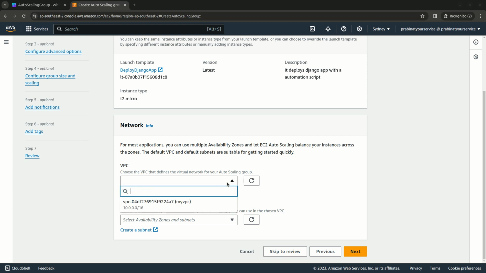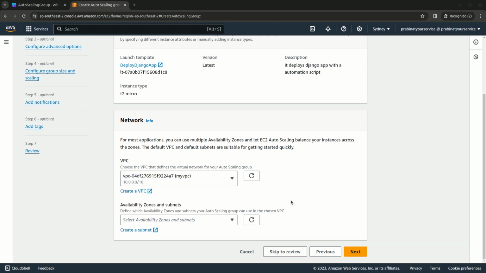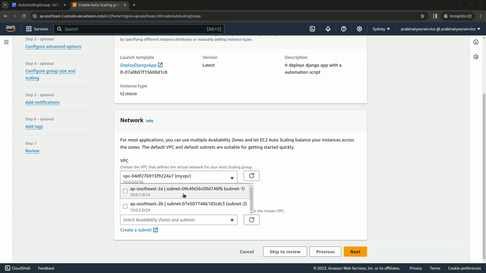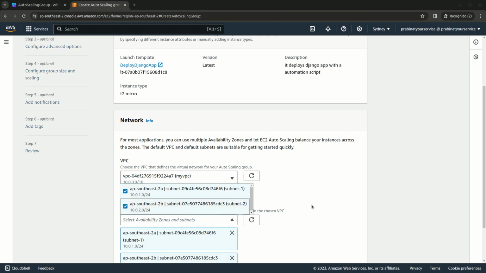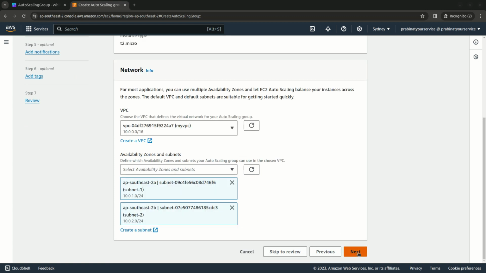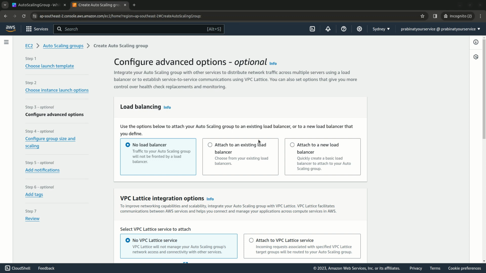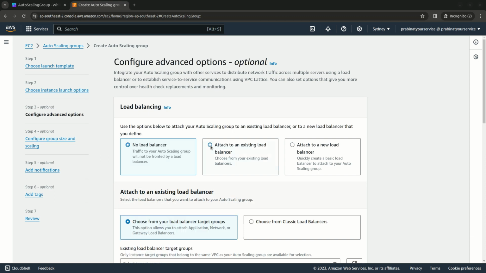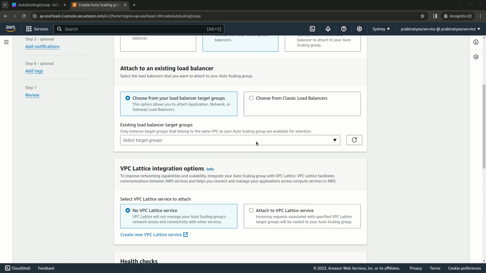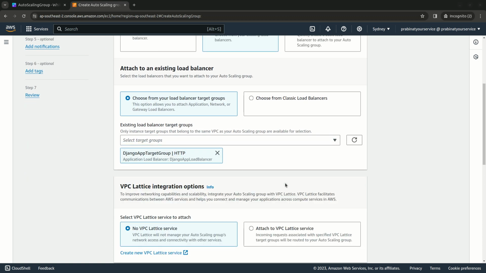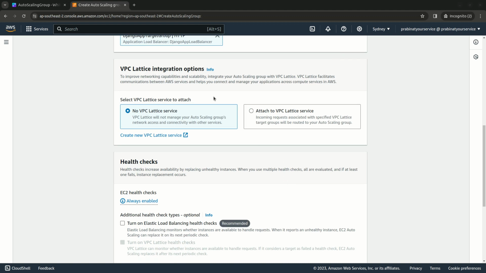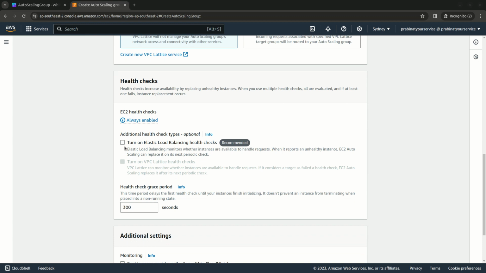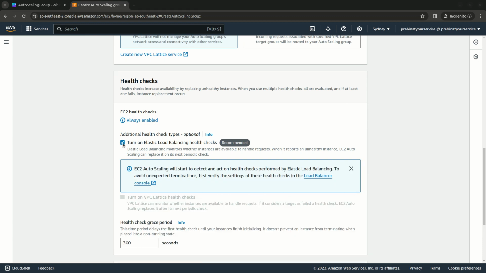So where we select VPC here, this is our VPC, and select the availability zones, yeah, select all of it, and next. And since we have a load balancer, I will just select attach to an existing load balancer, and I can select the target group from here. And I'm not doing anything with this VPC Lattice integration option, but health check I will enable load balancer,